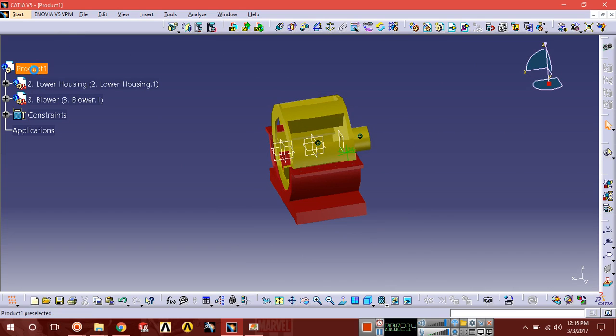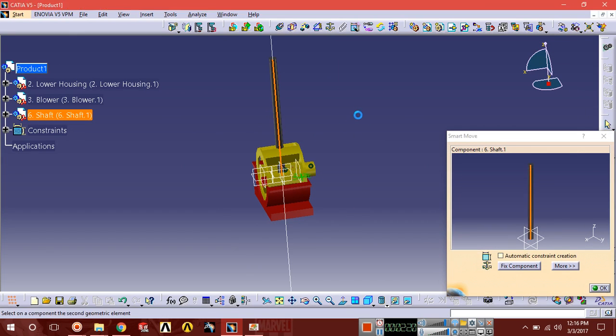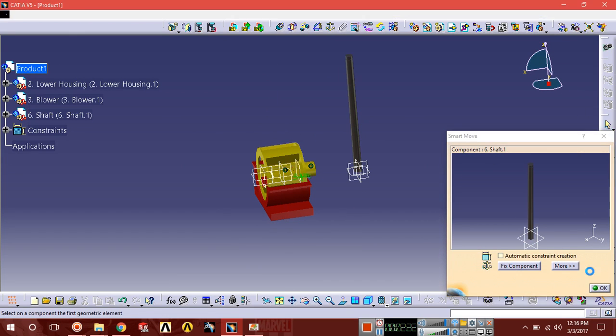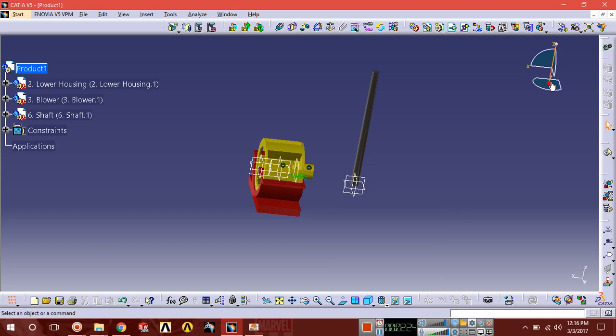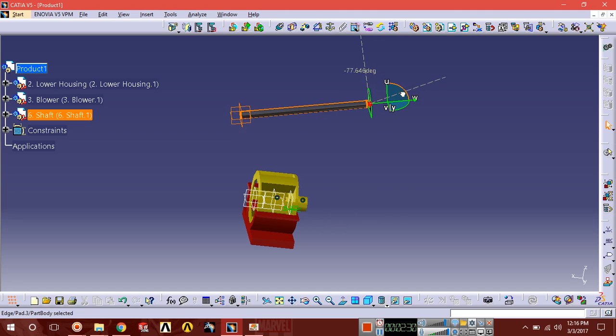Now insert another part called shaft. Okay, now place this compass here and rotate it like this.